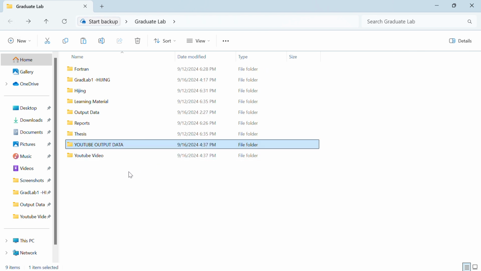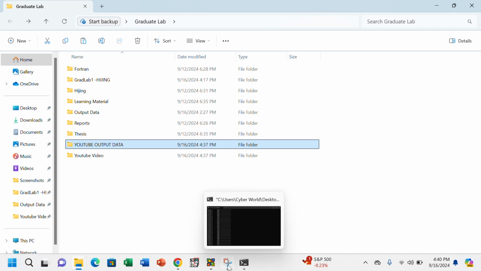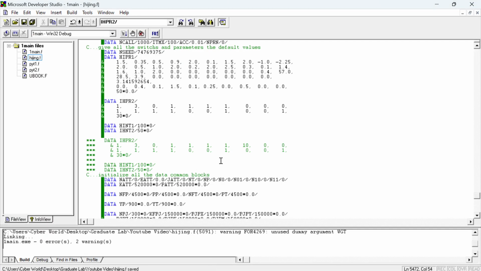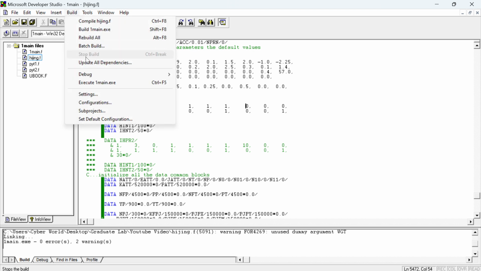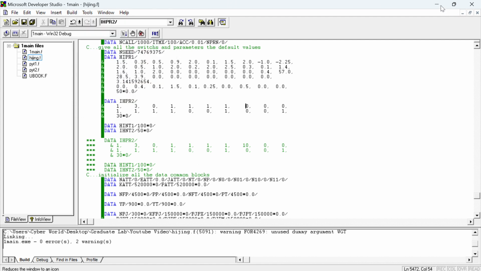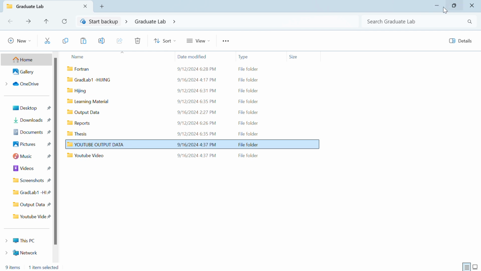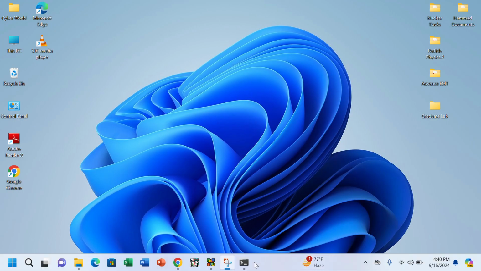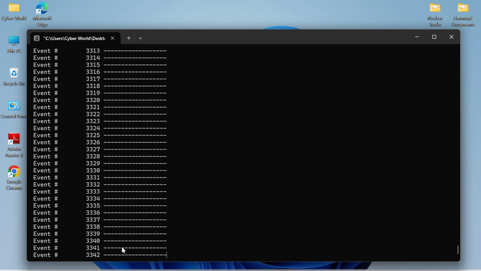Now I again open this file, and I change the value from the initial I set, 10, now I set 0. Then I go to build and execute, and after this, the same thing, you can see the events generating. Okay, so after this completes, you again go to the folder,